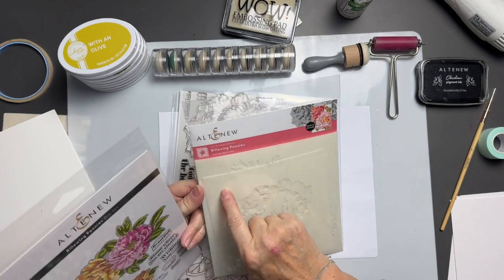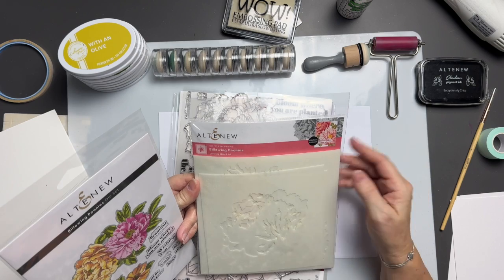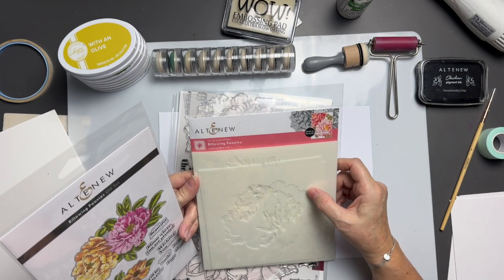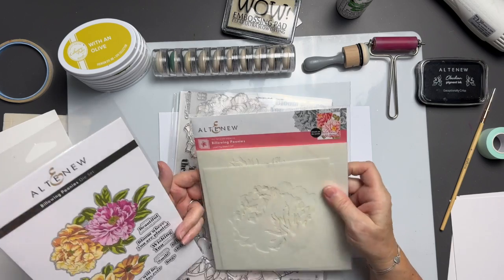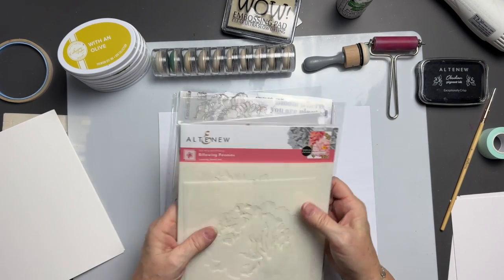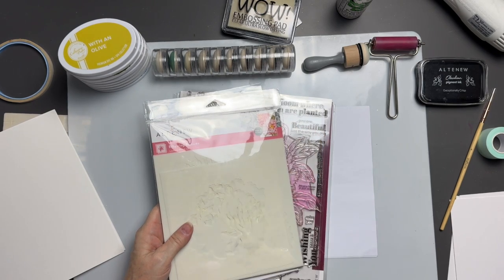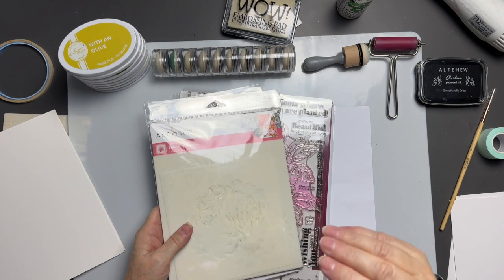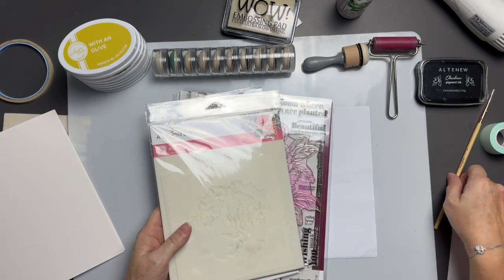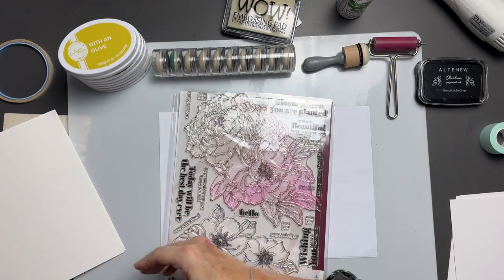I can see it's got numbers on there. So, do you know what? I'm just going to have a go with it and see what happens. I'm probably going to get it wrong, like I got the Stamp Market one wrong. I've seen a video on it since. And, oh, it's so obvious when you see the video. And I was like, why didn't I think of that? Oh, ridiculous. But anyway,